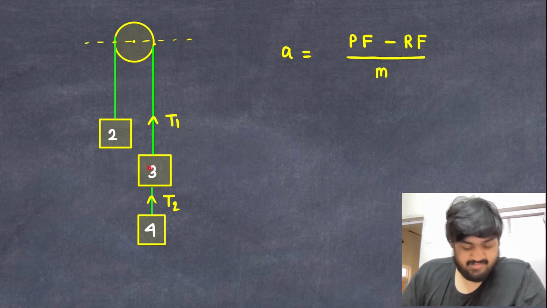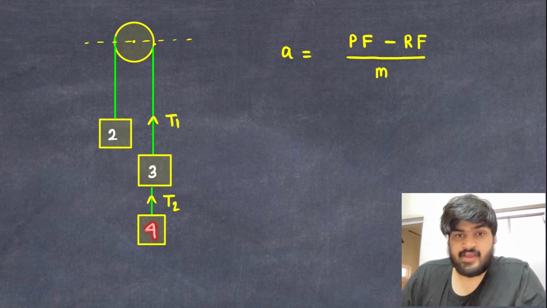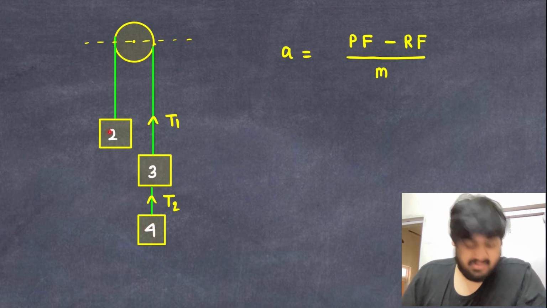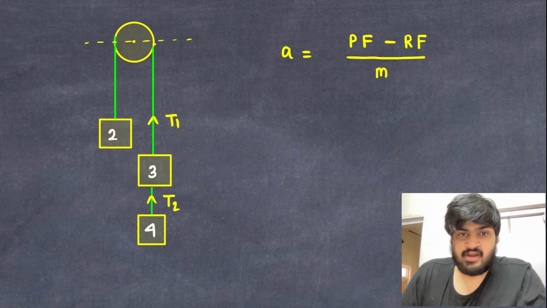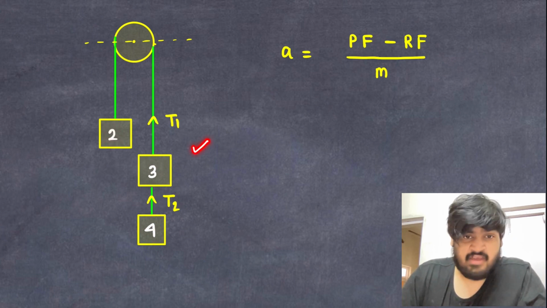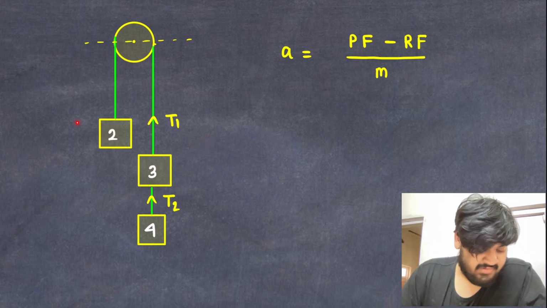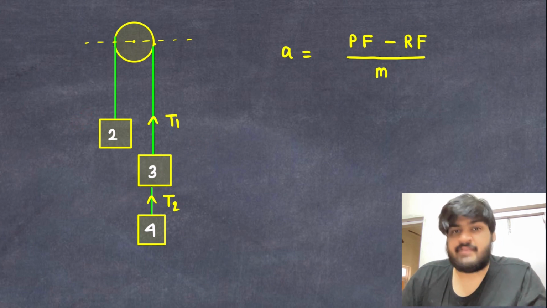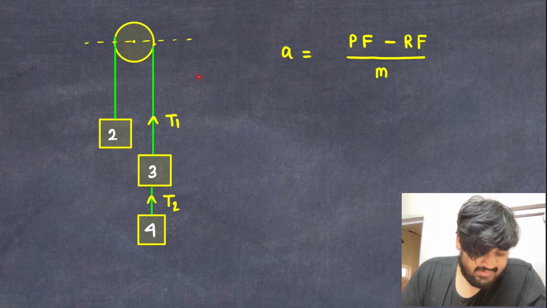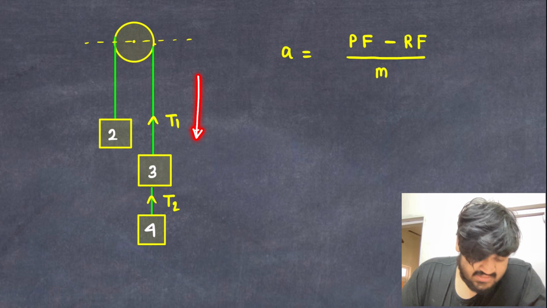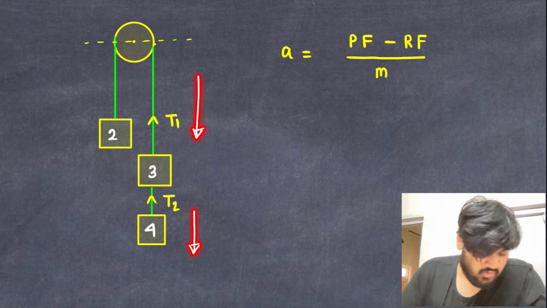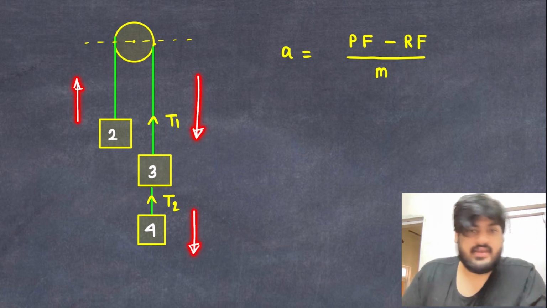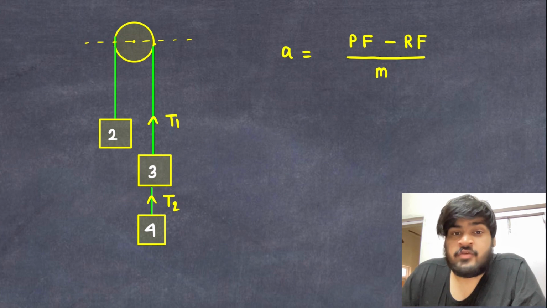So over here you can see that this is the block of mass 3 kg and this is the block of mass 4 kg. They are combined much heavier than this block of mass 2 kg, right? So this side of the system is much heavier compared to this side of the system. So where will the acceleration be? The acceleration will be like this: the 3 kg block will go down, the 4 kg block will go down, and the 2 kg block will come up, right?